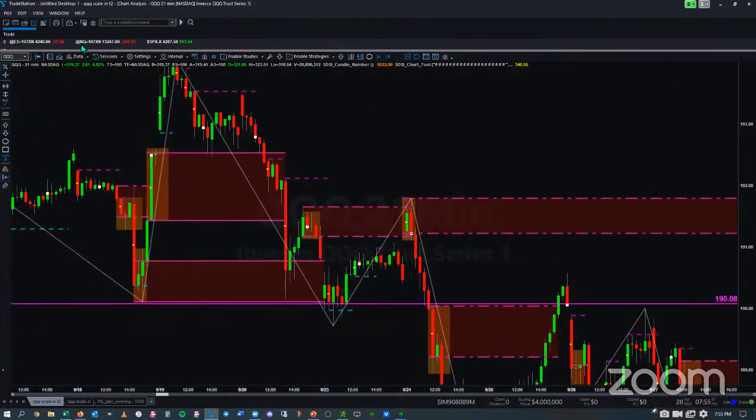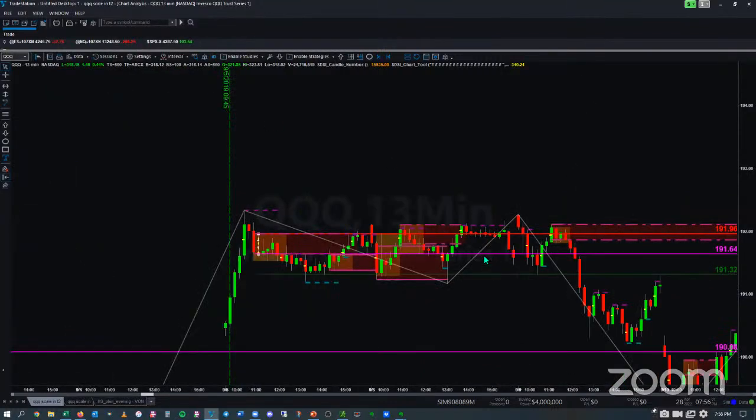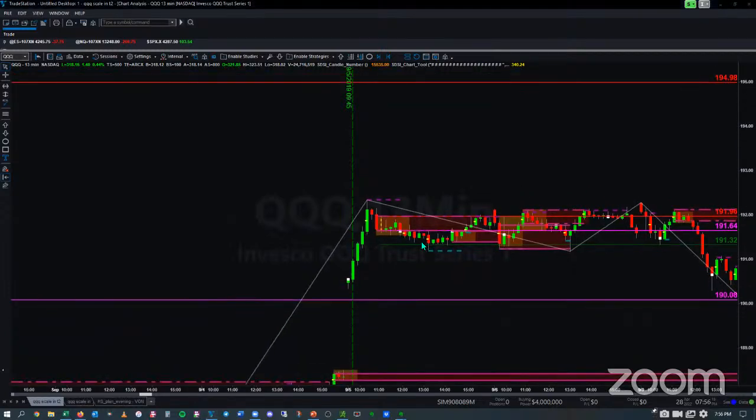All right, so now let's go look at the 13-minute. Any questions while I'm switching over? Okay. So again, here, red candle, price would have stopped out with the red candle. Price would have stopped out with the base. You did get a band created here. Price stopped out there. You did not have a confluence band